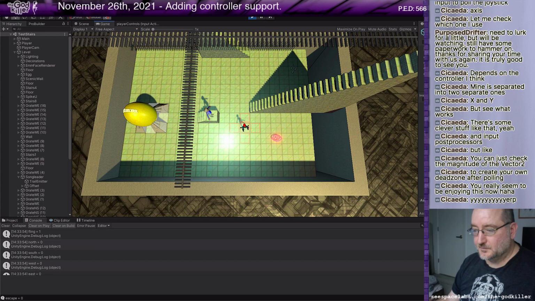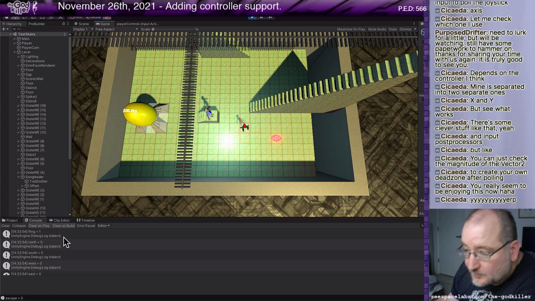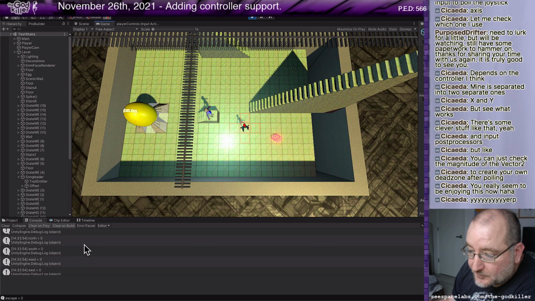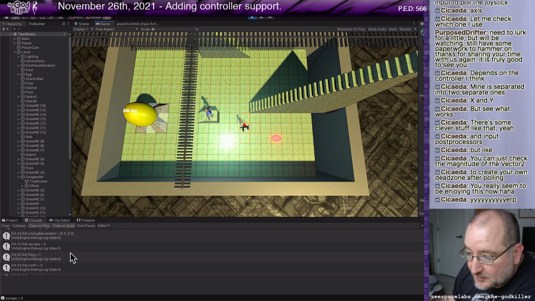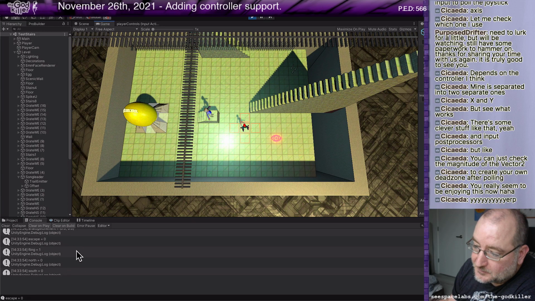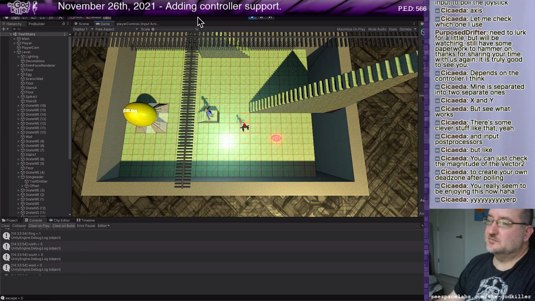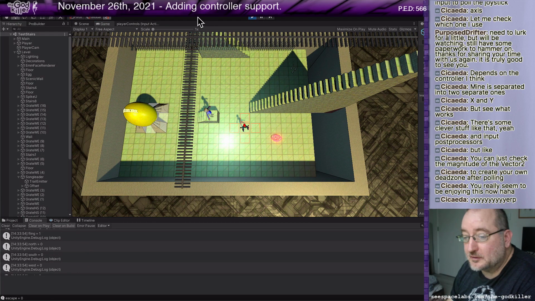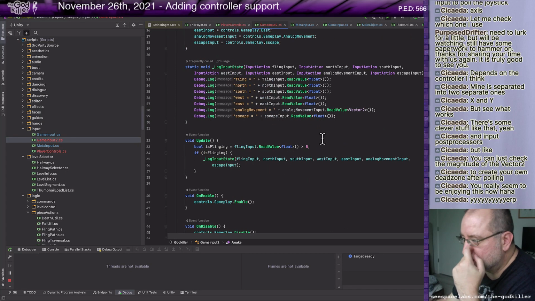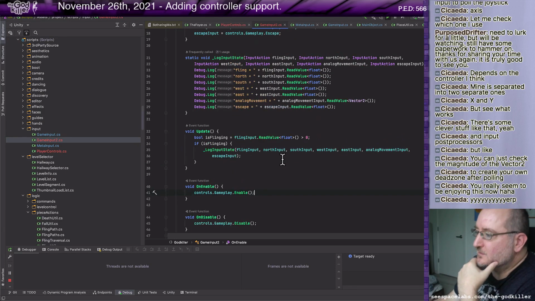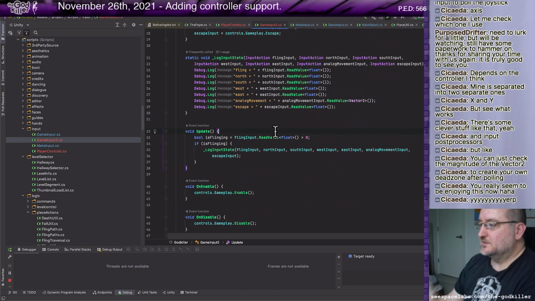Okay, let's see what it told us. So it gave us just one binary for the fling button being pressed. Makes sense. North, south, west, east, all inactive, escape inactive, fling active. Oh, and it repeated this for multiple frames because it was a period of time where fling was still up. So let's make this a little bit nicer and say that it has to be a new button press.